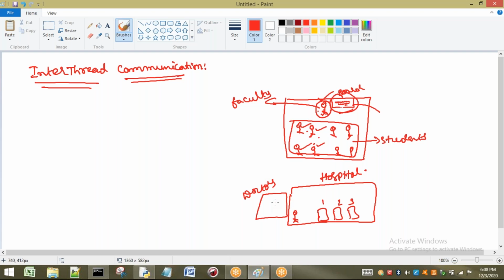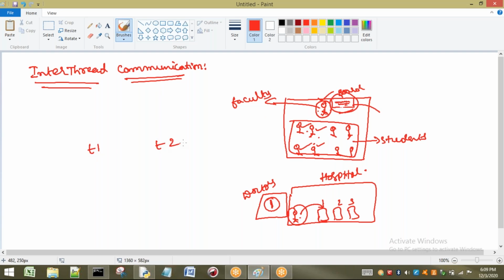Okay, let us consider the doctor is free now. If the doctor is free, what will this compounder say? The compounder will say, okay, you can go inside. So one of the patients will go here, and he is going to talk with the doctor, and he will come back. That means the communication between compounder and patient is done here. Next, let us come to our concept now.